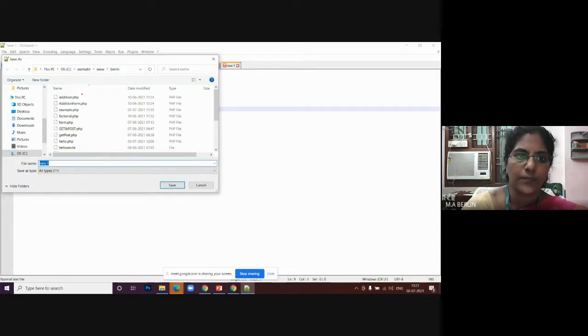Also, all the files are saved with the extension .php. So in the C drive, my WAMP server is in WAMP64, and within the www folder you create your new folder. Under that you can have n number of PHP files.